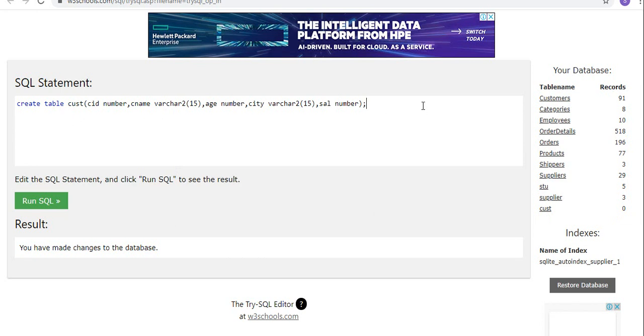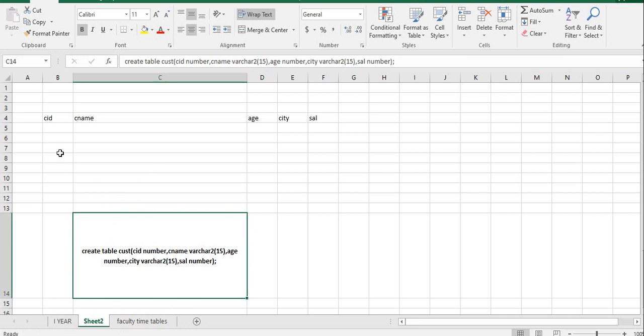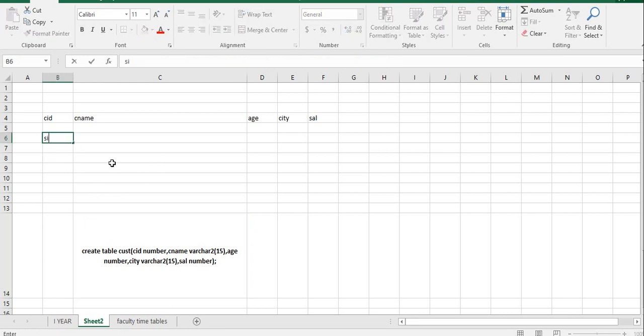Now you just tell me how to create another table of student. I'll show you here. I want student ID, student name, course name, and fees.